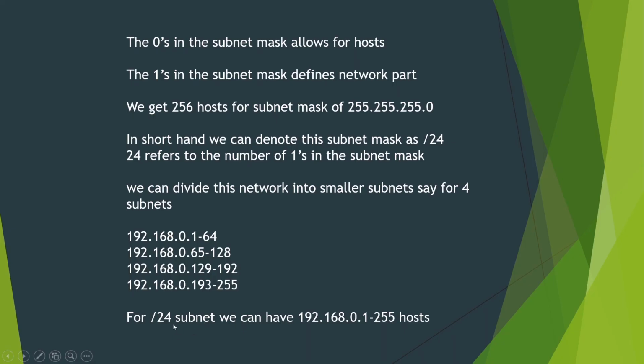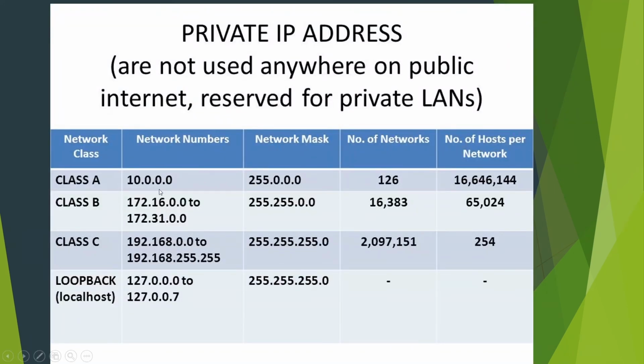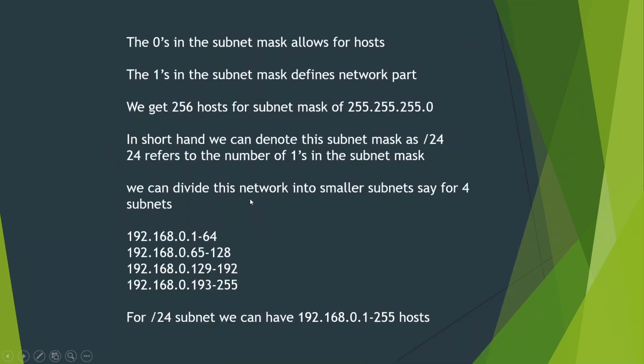For a /24 subnet we can have 255 hosts, but you can say 256 hosts if you count the .0 address. That's all you need to know about the subnet mask, and you need to mainly focus on class A and class C IP address ranges and network masks. Class A is used in organizations and class C is used for home networks. This is a very basic problem, and you can also see some advanced problems on subnetting, but this is the basic one. That's all you need to know about subnetting from the pen testing point of view.